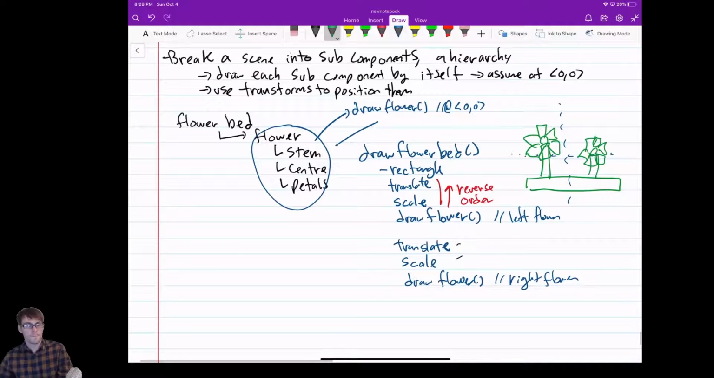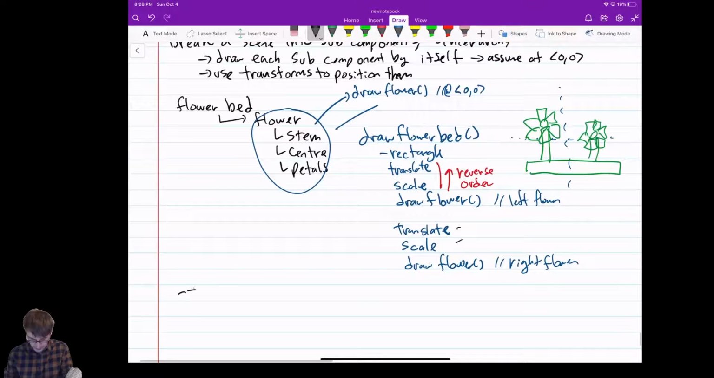Perfect. So if I can use this hierarchical approach, I break it down. I have a flower bed, I say draw the flowers, and then I take a flower, I solve the flower problem at its own local coordinate system, and then I use my transformations to move it around. This saves me a lot of work. Okay? So this enables divide and conquer